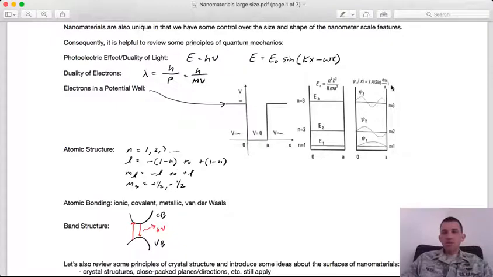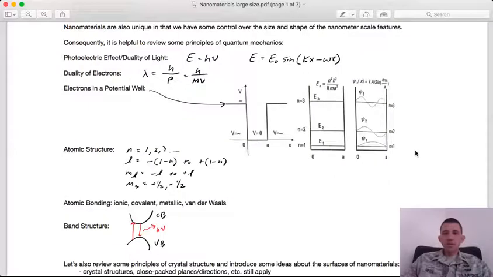So there are different solutions for different values of that integer. And if you plot these functions, it looks something like this, where you have these standing waves that form at different energy levels within the square well. So you get a set of solutions and a set of energy levels that dictate the solution to electrons in this potential well. And this will come into play later when we talk about